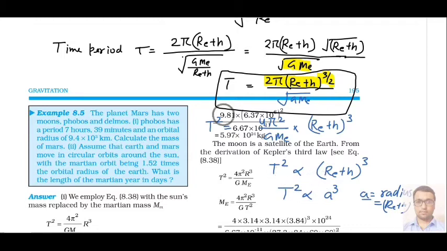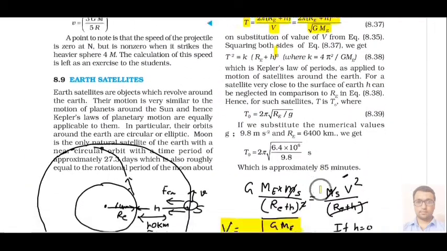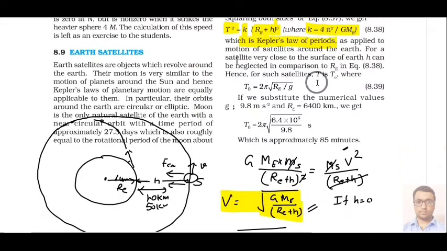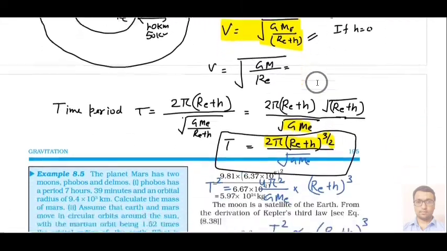So this law is nothing but Kepler's third law. If you remember, Kepler told that the time period square is directly proportional to the cube of the radius of that revolving planet. The same thing is mentioned over here, that k is constant. In that case T square is proportional to (Re + h) whole power 3. Here we have used the symbol k. So this is Kepler's law of period, or Kepler's third law of planetary motion. Some more calculations are also given. You can read these calculations for the particular situation.